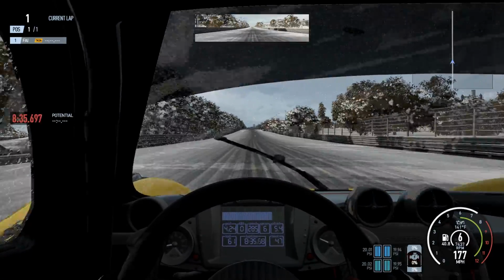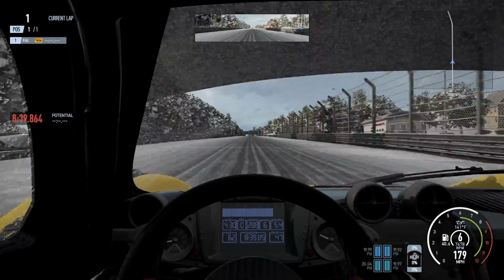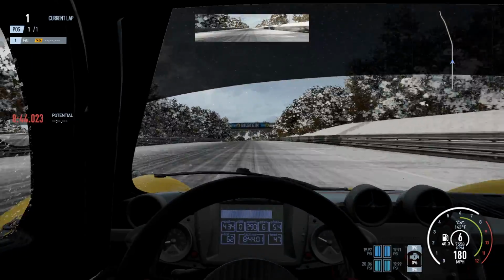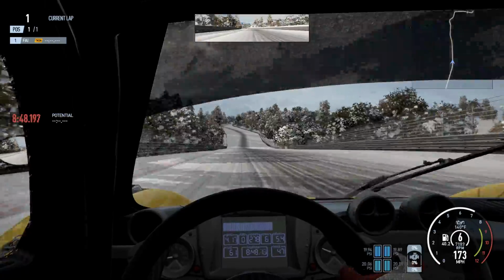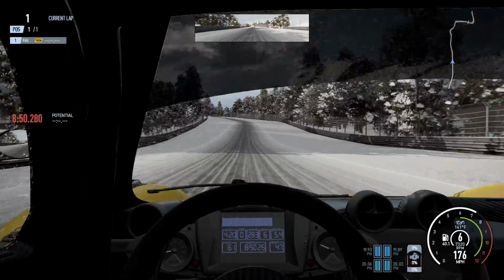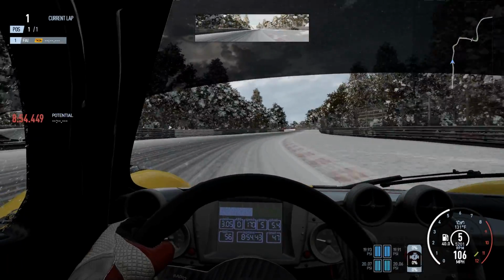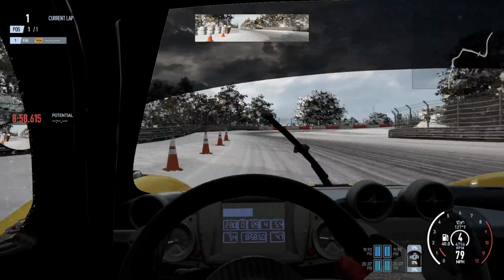Sorry about my voice. We're up to 178 miles an hour. Can we do 180 before the turn? Quite possibly. Now, I don't really want to be doing 180 through here, but we should have grip. We should have downforce to make it around that turn. It was still above 170 miles an hour for the Zonda, but we've really got to bring it down for these next couple of corners,